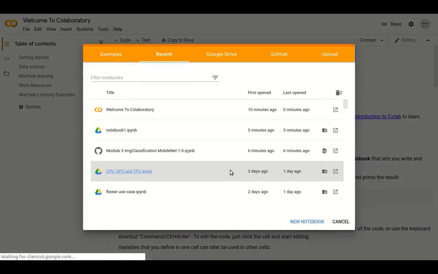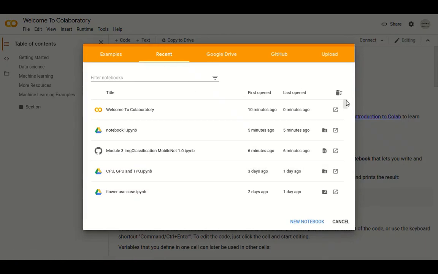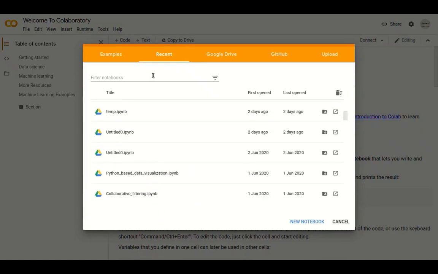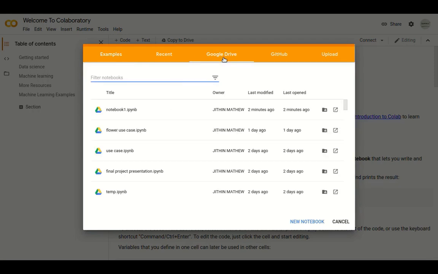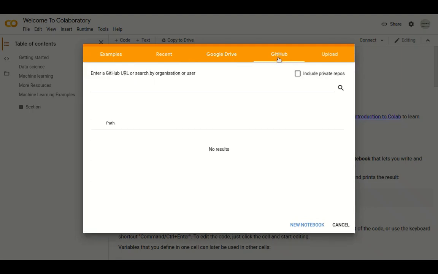Once we have this link, we will be directed to the Colab space. So here we can see that there are 5 tabs, where the recent tab shows some of the recent works that you have already done, and the examples tab contains some of the examples that will guide you through the Colab environment. Then the Google Drive tab, where you may see some of the notebooks that you have saved into your Google Drive. And the GitHub tab, this can be used to find or search over some GitHub repositories and open those notebooks directly into our Colab. For example,